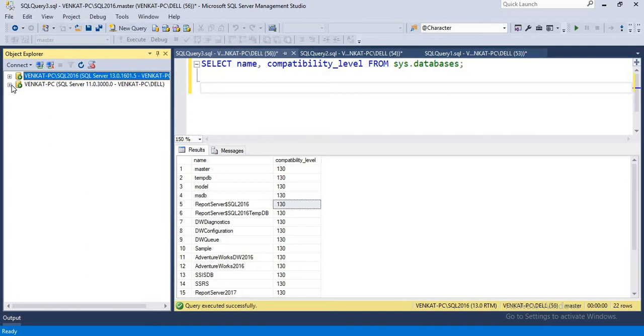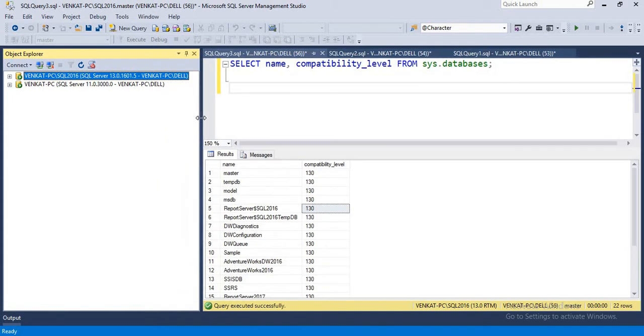By default, if you have only one version and you're living with that version forever, then the compatibility issue won't come at all, because you're going with a single version. This compatibility issue mainly comes when you are doing a migration between versions. Now I have a SQL Server 2012 version, and I need to migrate the SQL Server 2012 databases directly to 2016. That time the compatibility issue arises. So let me quickly show you that.